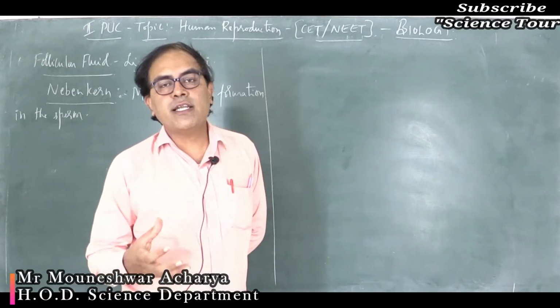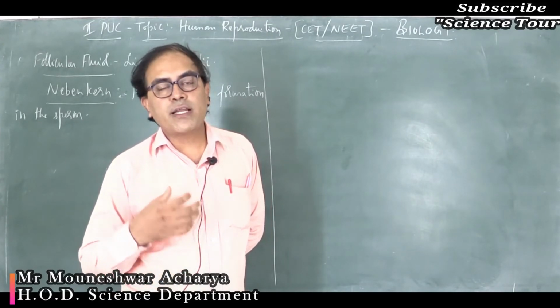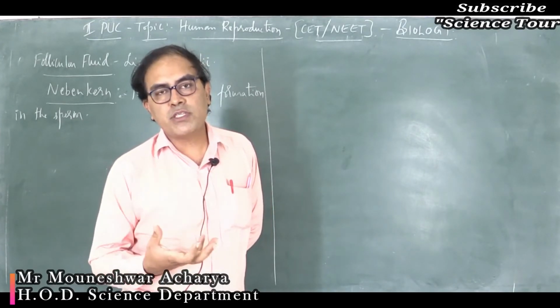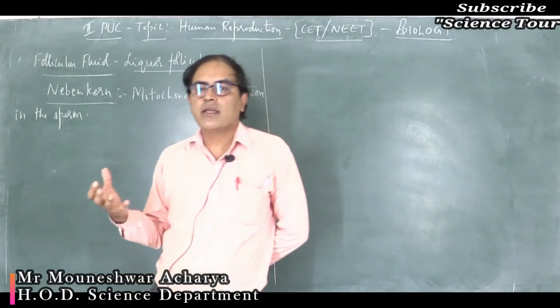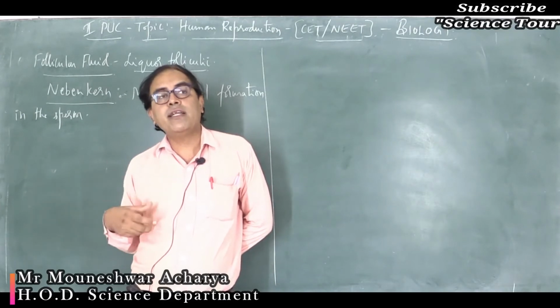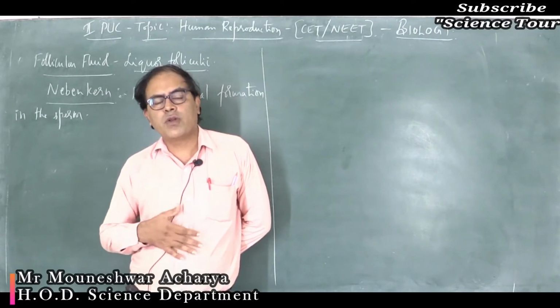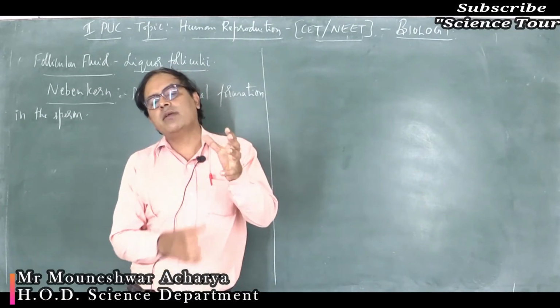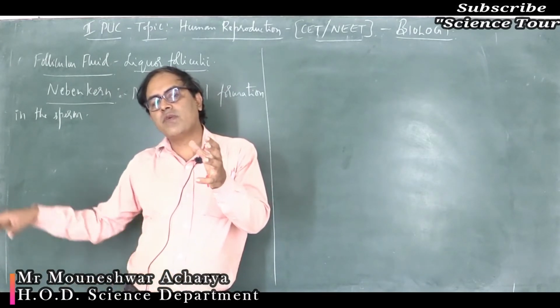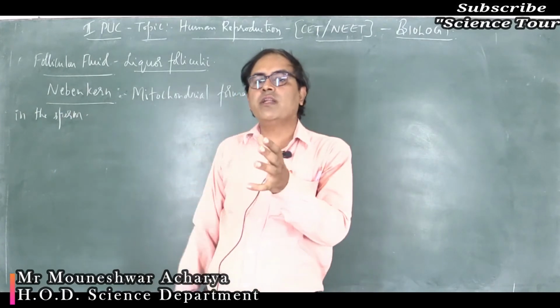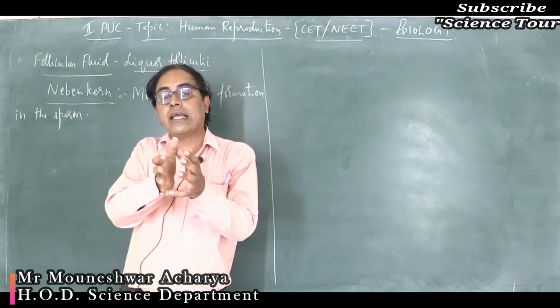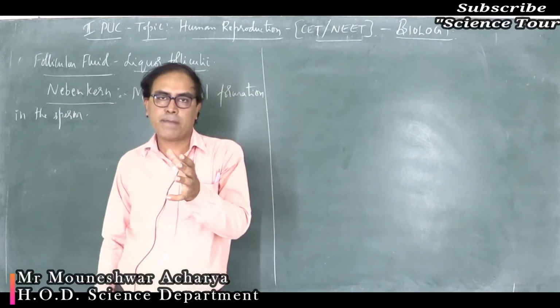And this gland secretes the female pregnancy hormone, that is the progesterone. And progesterone is very important for maintaining the pregnancy because it maintains the wall of the uterus or womb, that is the uterine endometrium layer, and it helps for the attachment of the fertilized egg, that is blastocyst, to the wall of the uterus on the 7th to 9th day of the pregnancy.